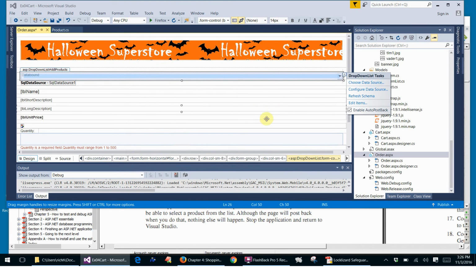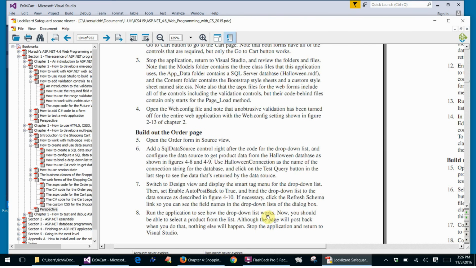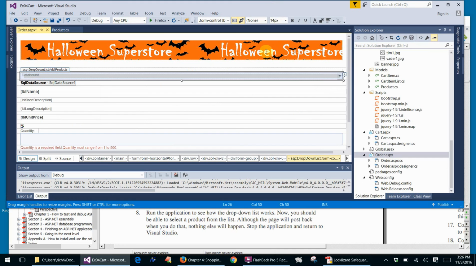All right, that's good for that. And run the application to see how the drop-down list works. Now you should be able to select a product from the list, although the page will post back when you do that, nothing else will happen. Okay, so if we go like this and we run it,